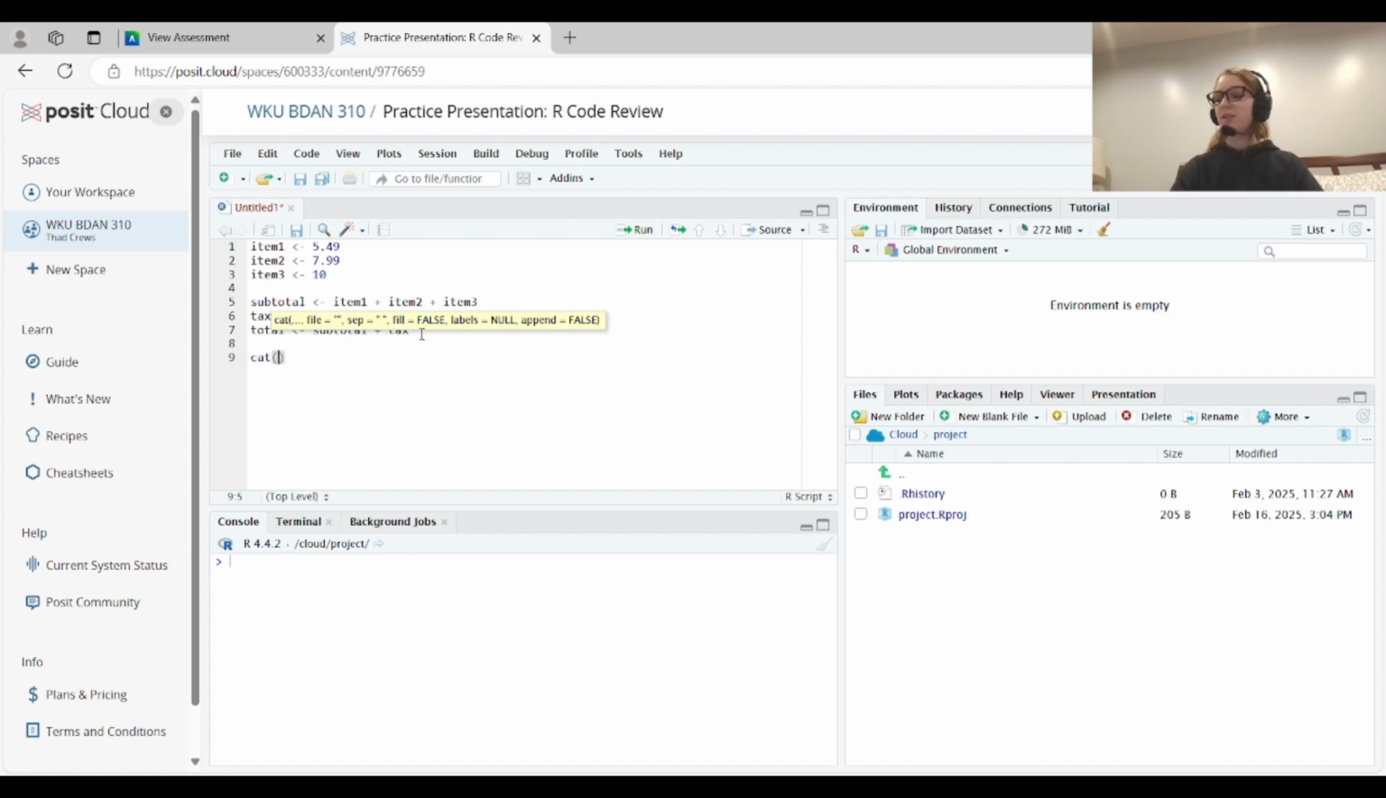function, which is short for concatenate, which is where we are telling RStudio that we want to return a character string. And we're going to specify what we want that string to have in it. So we're going to add in our quotation marks, and we're going to follow that up with